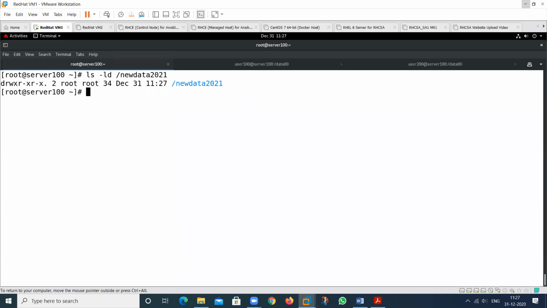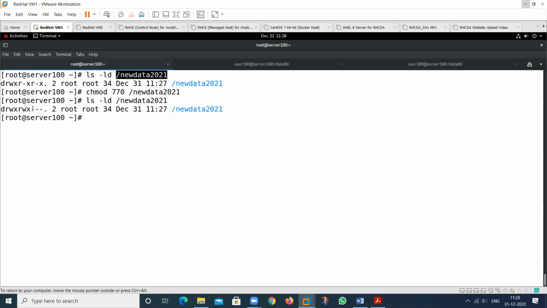This is my permission. First, apply a permission, chmod 770. Then this one. Check again. At this time, there is no other user that has the permission, and I want to specify one user,